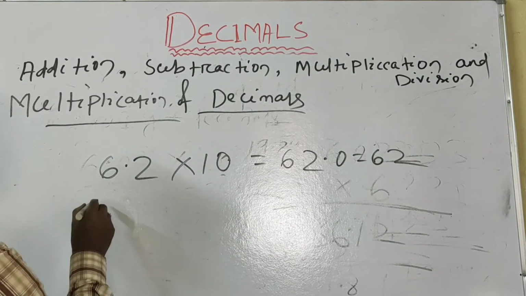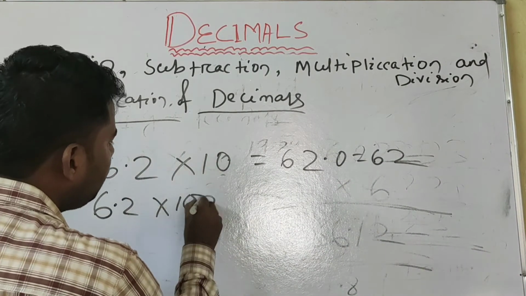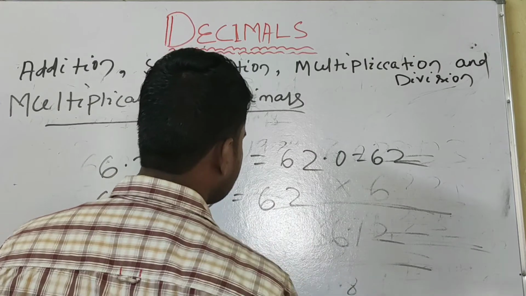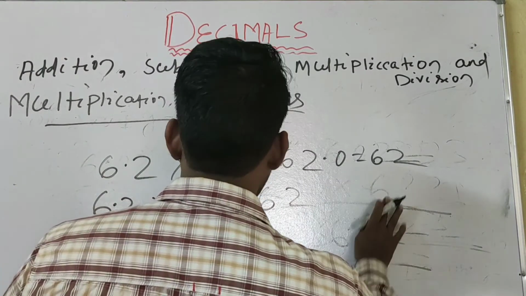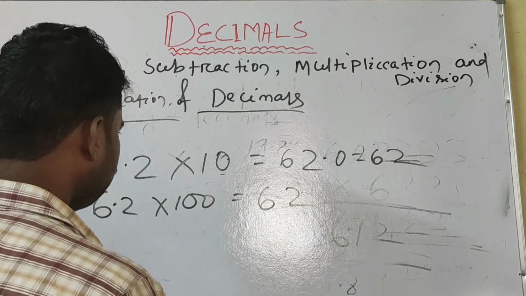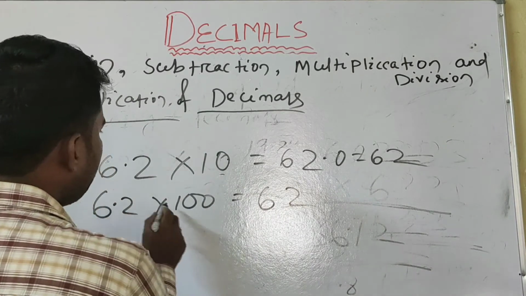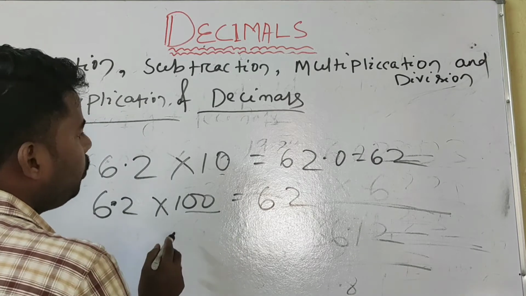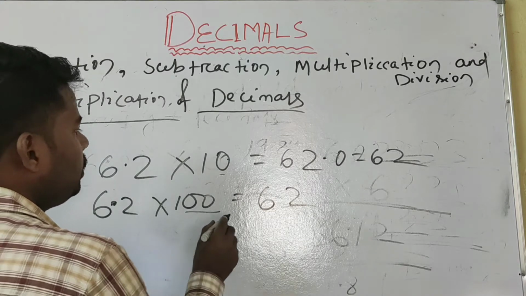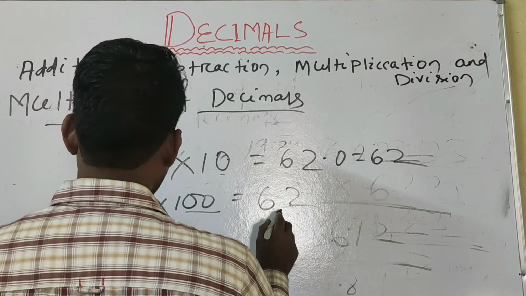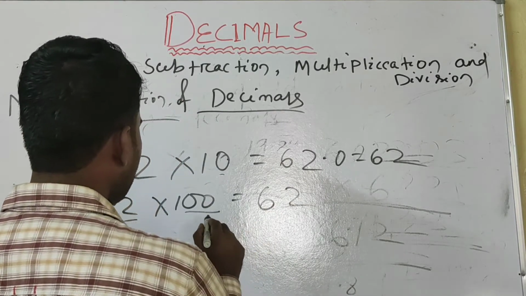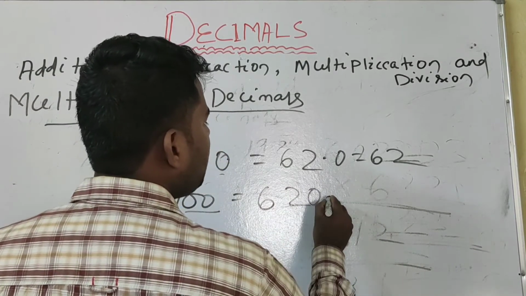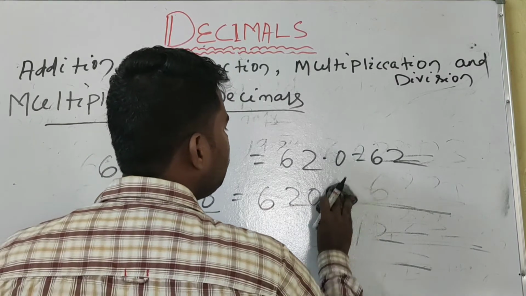Okay, if we multiply a decimal number by 100, then what will we do? Write the number whatever is given, and where will we put the decimal point? How many 0s are in 100? 2 zeros. So from the decimal point, to the right side after 2 digits we will put the decimal point. Here only 1 digit is given and another digit is not given, so we will put a 0. 6, 2, 0, then we put the decimal point. If the decimal point comes after all, so we can directly write 620.